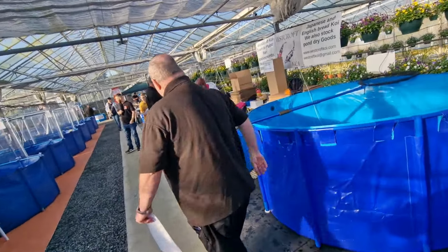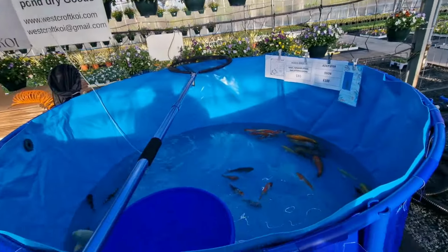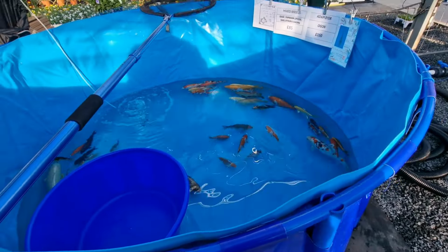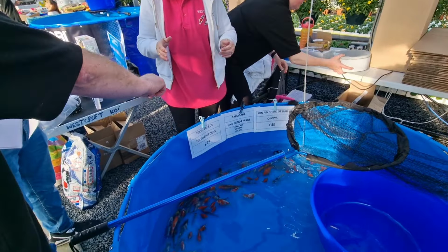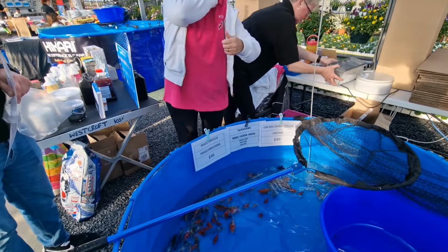Then we come round to this bloke here, don't know who he is, Westcroft Koi. Again, a good display of fish, and there really is a good display of fish. Tosai Sabbers are in here along with the smaller fish. The smaller koi, so you've got the Tosai Sabbers, NND, Kodama and Aoki. I don't know if that's supposed to be Aoki, but